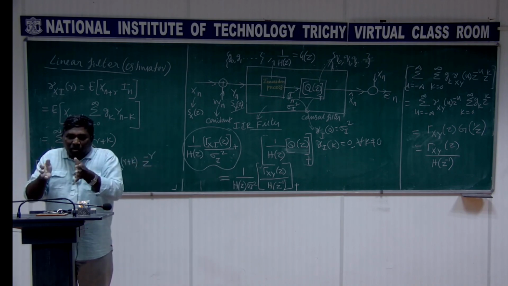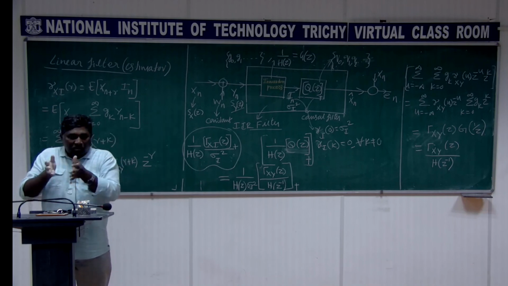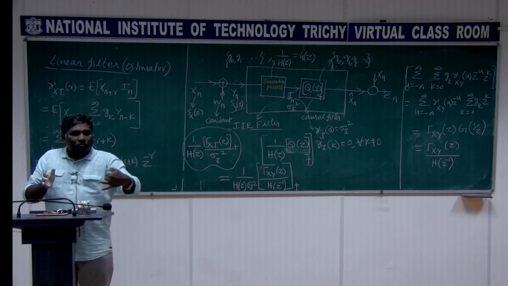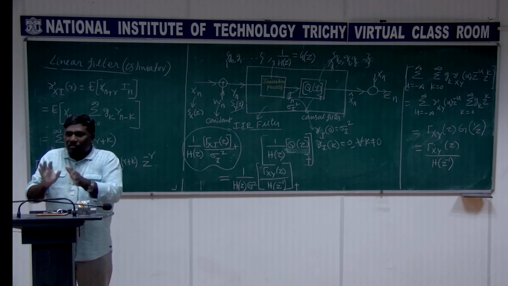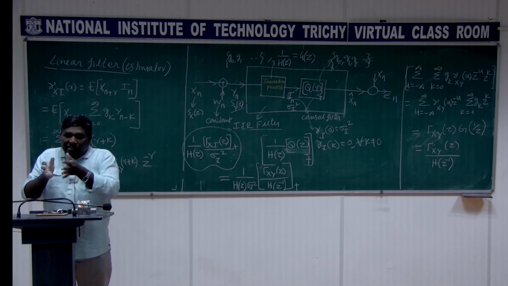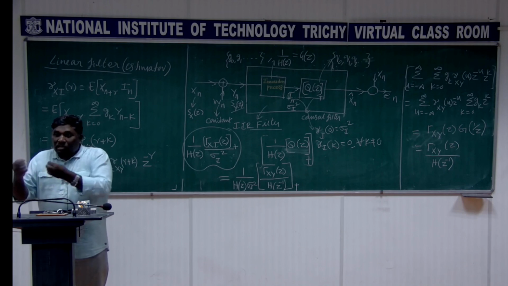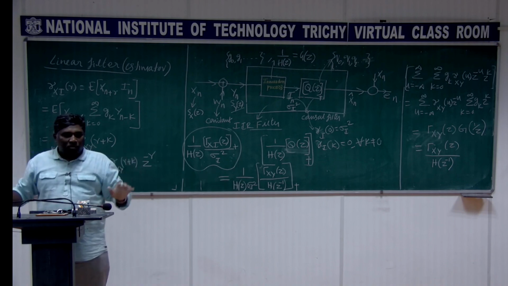We already have an AR model, right? I don't want to use the term H of Z because I used it here, but you have an AR model as a function of Z. Input is sigma V square. Let us call that A of Z, right? Input is sigma V square, A of Z into A of 1 by Z. That is going to be the spectral density of the output, S X of Z. Very straightforward.